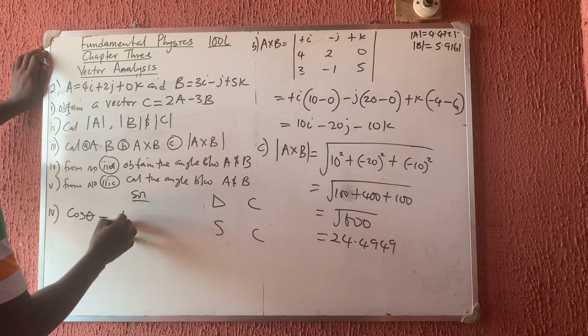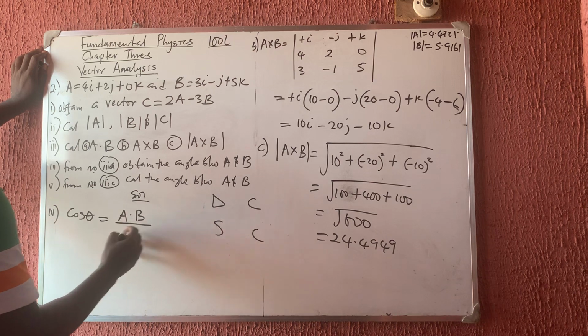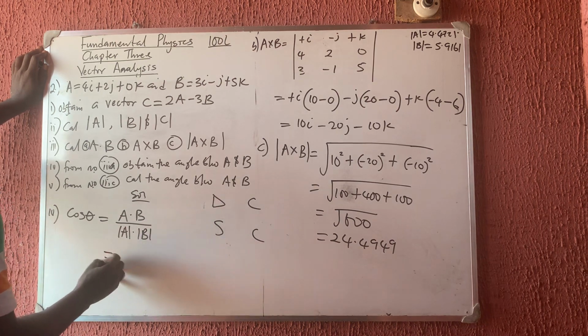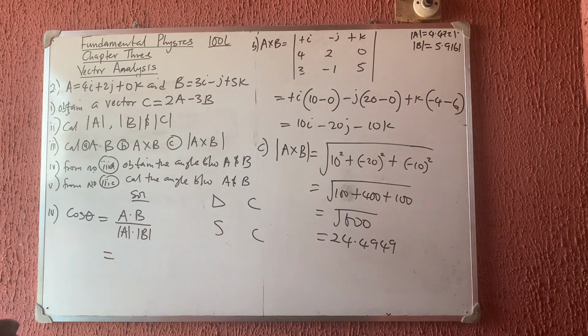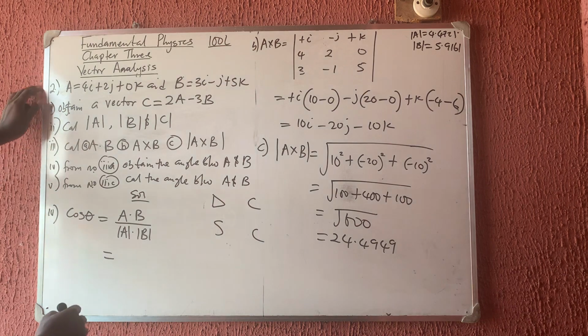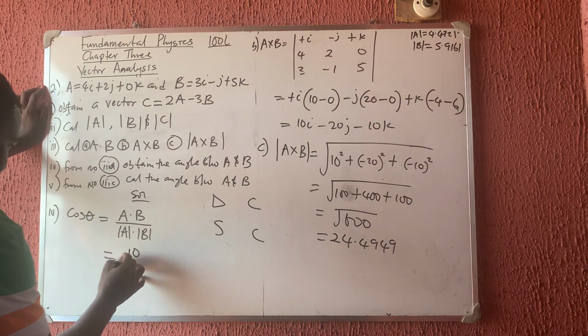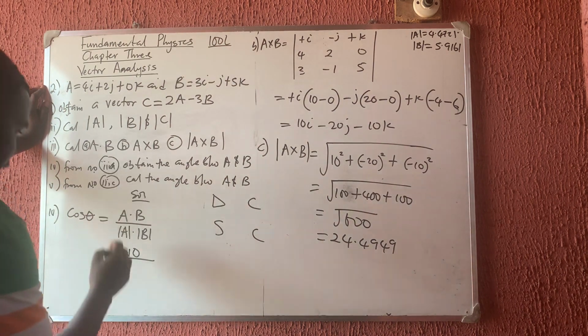Cos theta is equal to A dot B all over the magnitude of A times the magnitude of B. Can I remember what A dot B gave us? Where is our A dot B? Okay, A dot B gave us 10. So I have 10 divided by the magnitude of A,